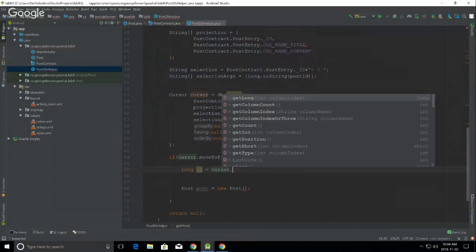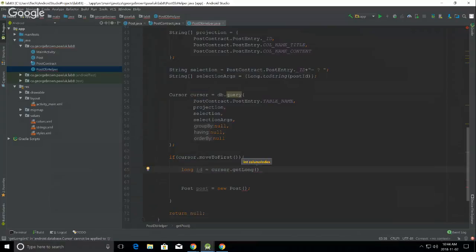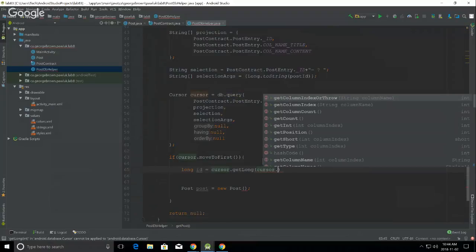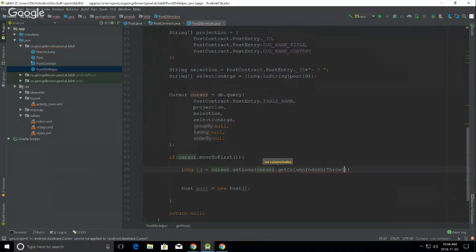Cursor dot get long. This function expects that I will give the index of the column. ID should be first because I defined that order in the projection, but there is no guarantee. The best way to make sure that you're using the proper indexes is to ask cursor what is the index of the given column. So cursor dot get column index or throw